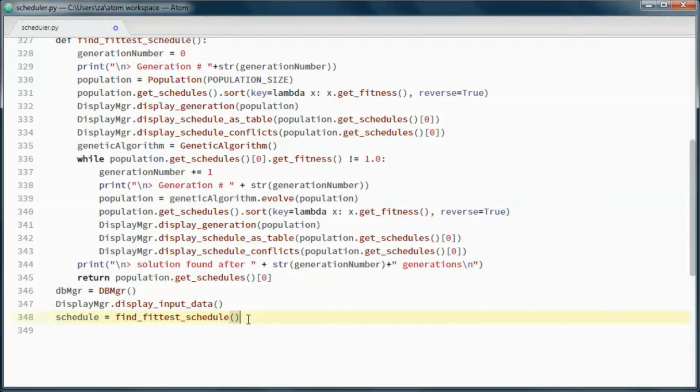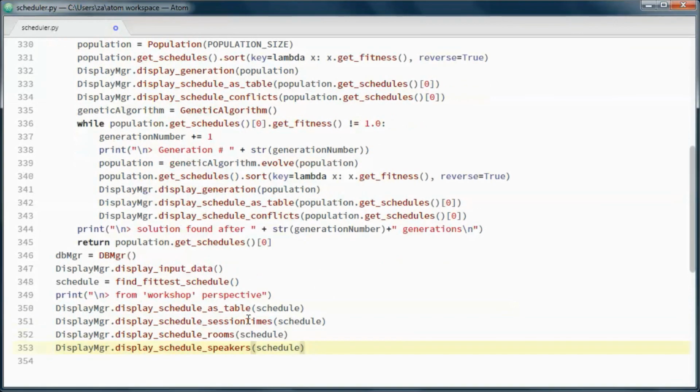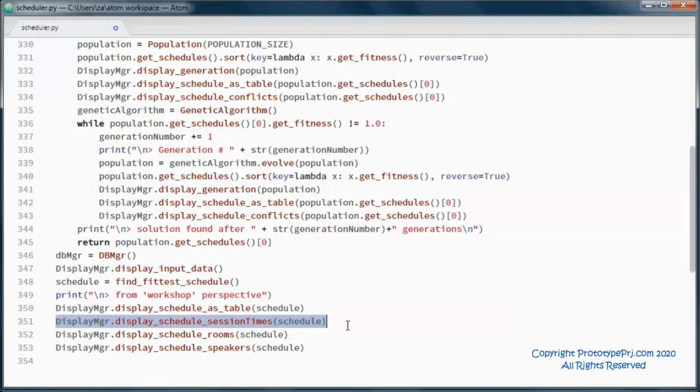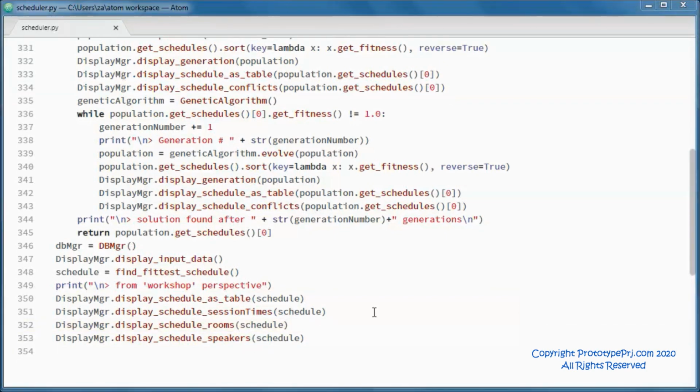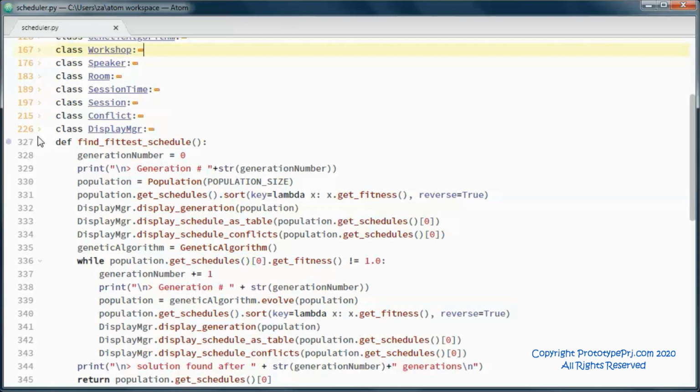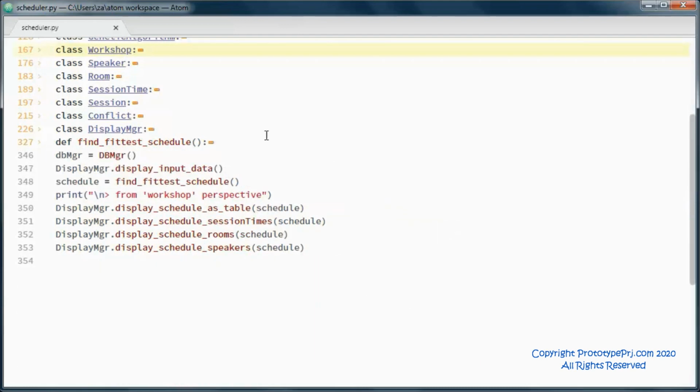And let's add this code here so that we're displaying the schedule from the workshop perspective and the session time perspective, rooms perspective, and speakers perspective. And finally, let's go ahead and test run the application.